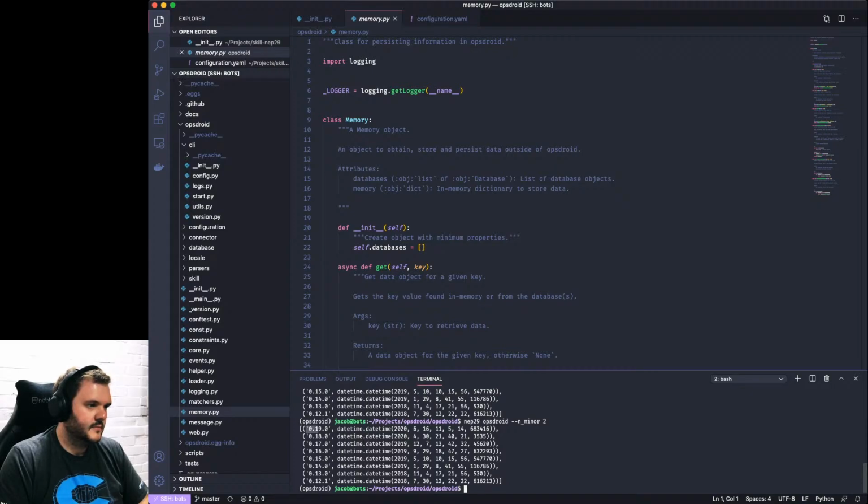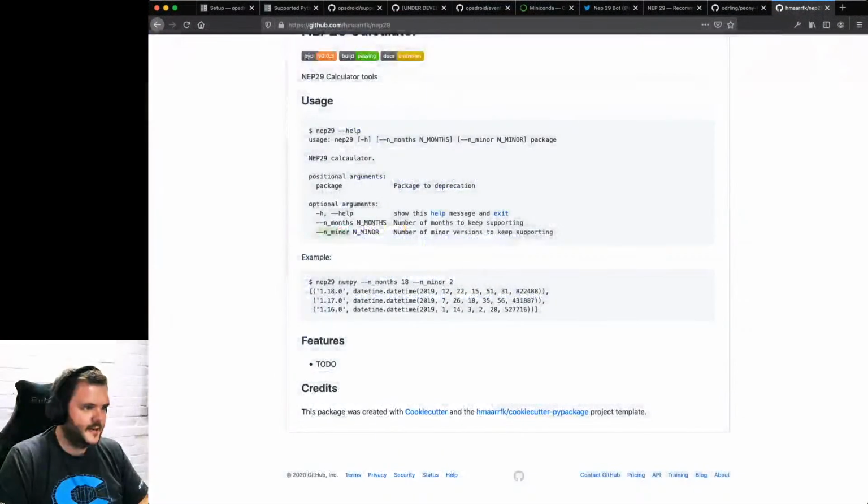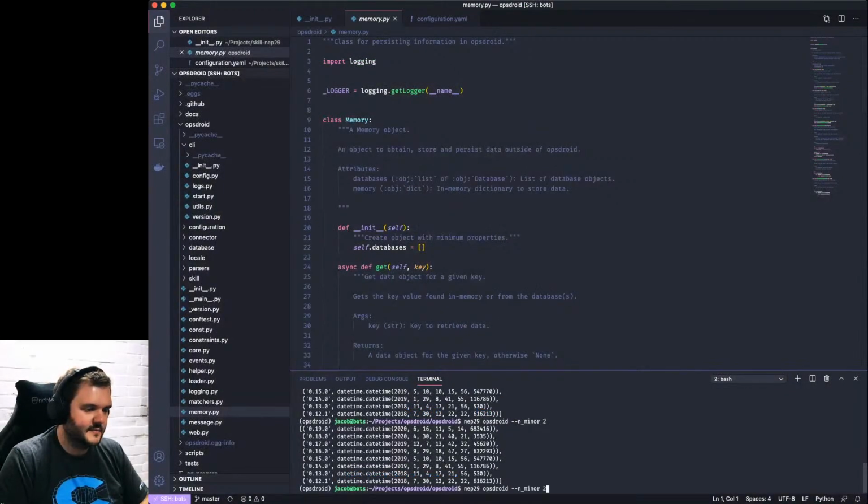Right. 0.19, 2020, 6, 16. That's today. 11.5, which is when that was released. I mean, that's just the date that came out. Oh, it's n months, number of months to keep supporting. If I put in 18 months, is that just going to add that to those dates?